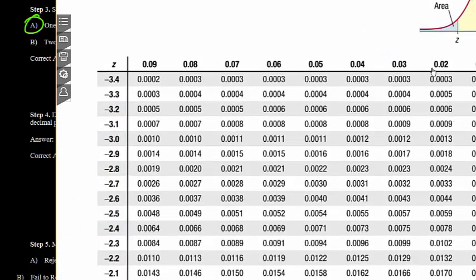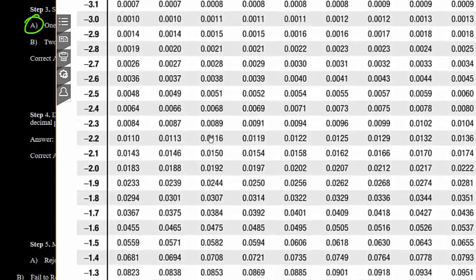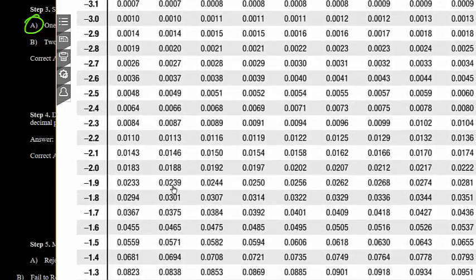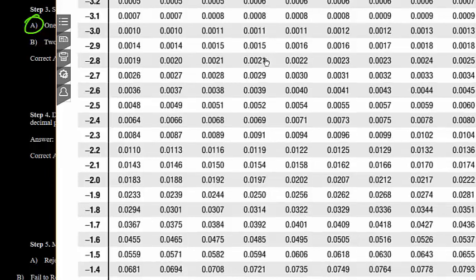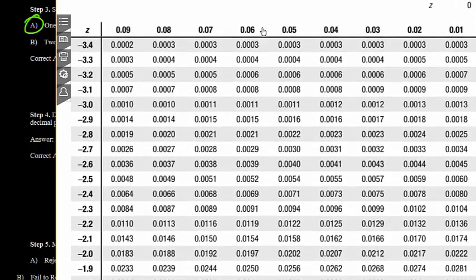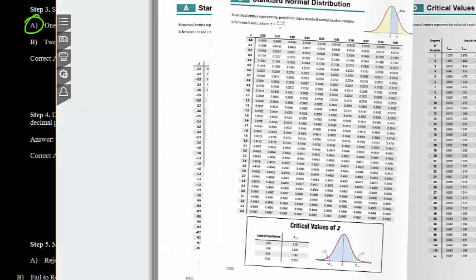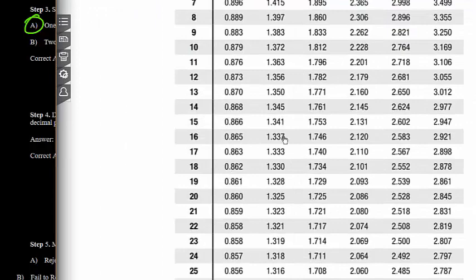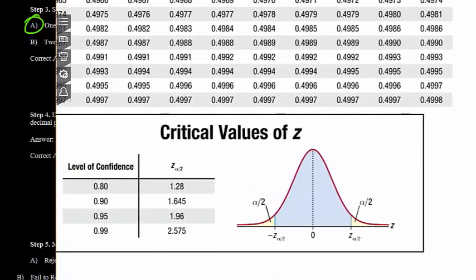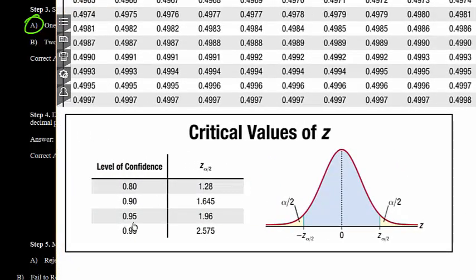It happens to be, you'll see over here, on the left-hand side, so it makes it real easy. 0.025, 0.03, 0.023, 24, 25. Boom, right there. So this is going to be negative 1.9, and whatever's up here at the top, negative 1.96. Similarly, I can go to my little critical values cheat sheet on the next page that has